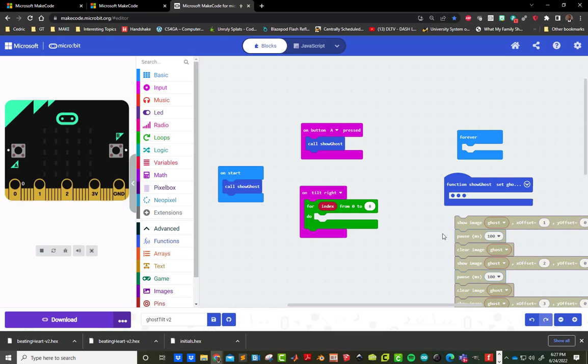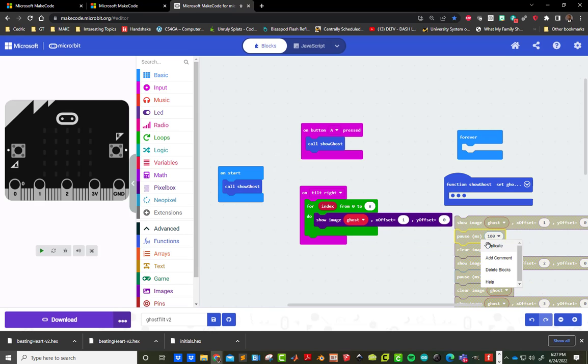times. All right? So what I want to do is I just want to take these 3 blocks of code and repeat them 8 times. So what I'm going to do is duplicate this one, duplicate my pause, and then duplicate my clear. Oops, grab it, got it. Okay, now